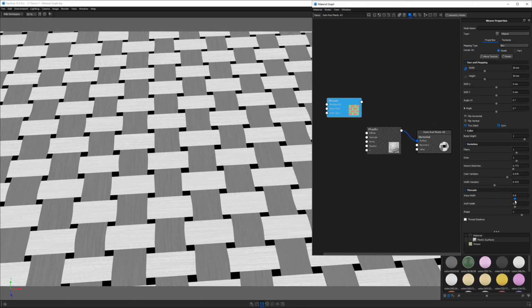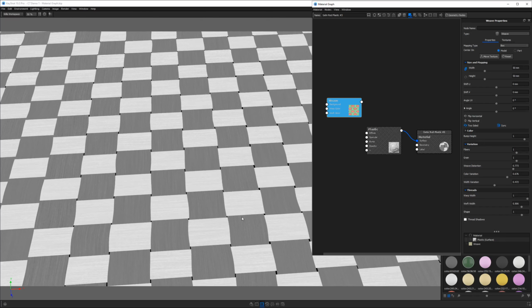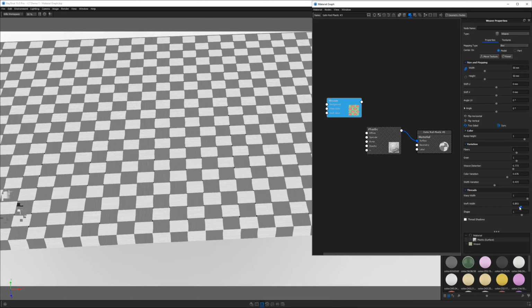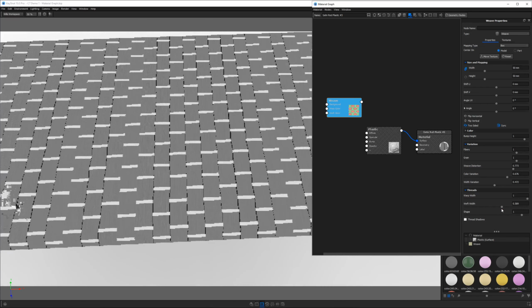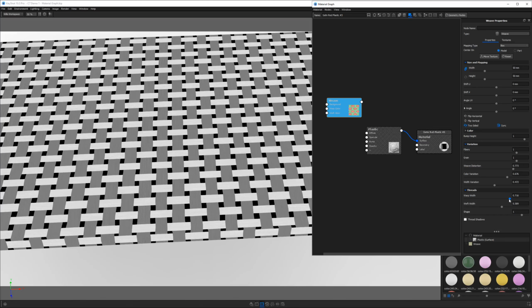Warp width and weft width. This is going to give you less spacing, these little black areas, if we increase these. If we make them wider, we tighten up the weave. If we reduce them, then you're gonna have more space between them, like a looser weave. And lastly, if you turn on thread shadows, they get the shading on the edges,